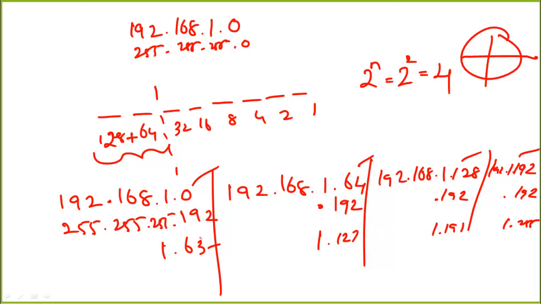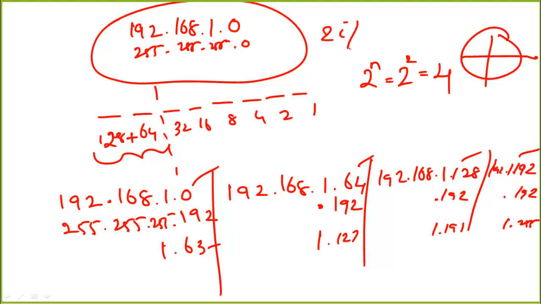So if you look at the number of IP addresses that have been wasted, it is 2, 2, 2, 2, totally 8. Earlier we had a home network where only 2 IP addresses were wasted. Now we have 4 networks, but 8 IP addresses are wasted. And look at the number of IP addresses we have per network. Eliminating 0 and 63, it will be from 1 to 62. So again, 62 IP addresses per network. Earlier we had 254 IP addresses. Then we split that into 2, where we had 126, I believe, 126 IP addresses. Now we have 62 IP addresses.